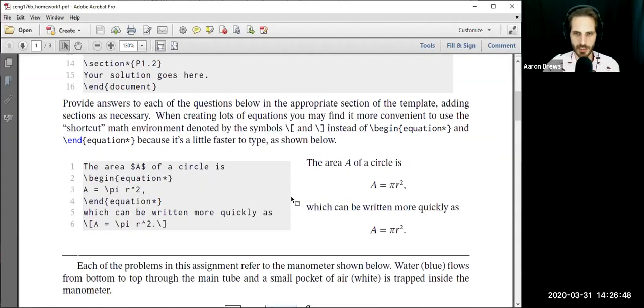I also gave you a little hint. You're going to have to write probably more math than you're used to. And there's a shortcut way that I think I may have alluded to in our LaTeX lecture last quarter, but you don't always have to write begin equation, end equation. If you don't want a numbered equation, I've shown you the shortcut way to enter an equation, and it kind of gets rid of a little bit of the tediousness of creating those equation environments. So you're welcome to do that as well.